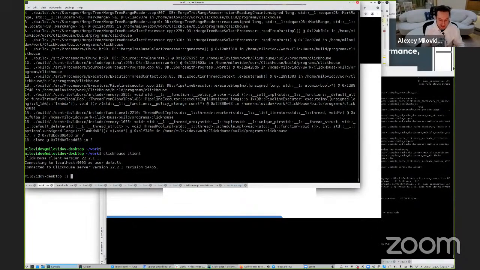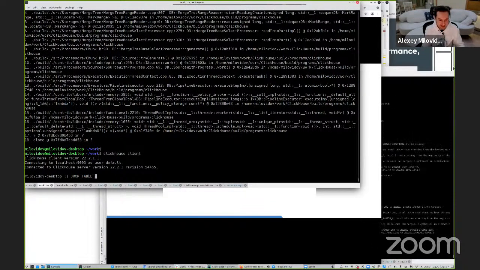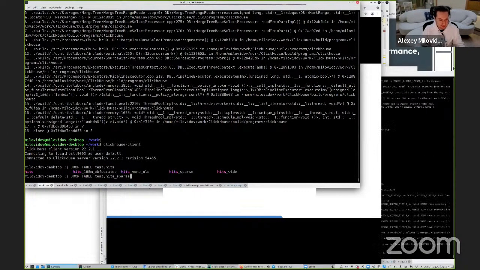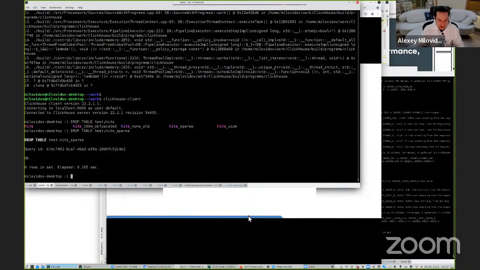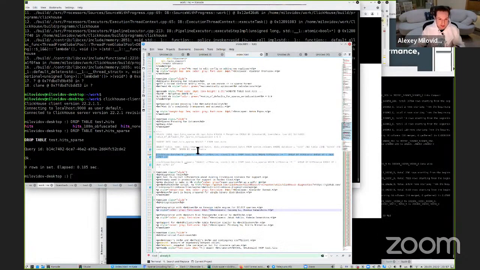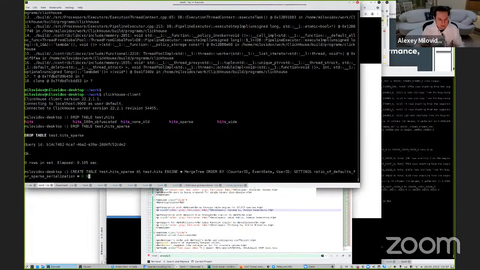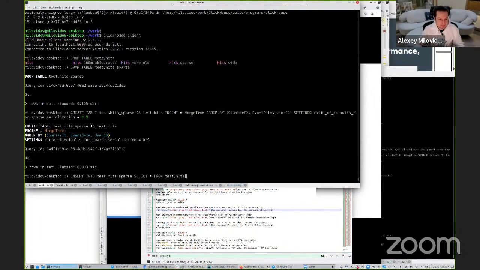So let me first drop this unfortunate table test.hits_sparse. Okay, I will recreate this table and reinsert data.